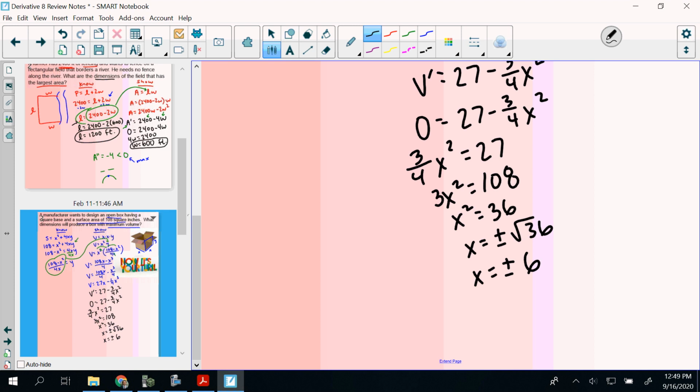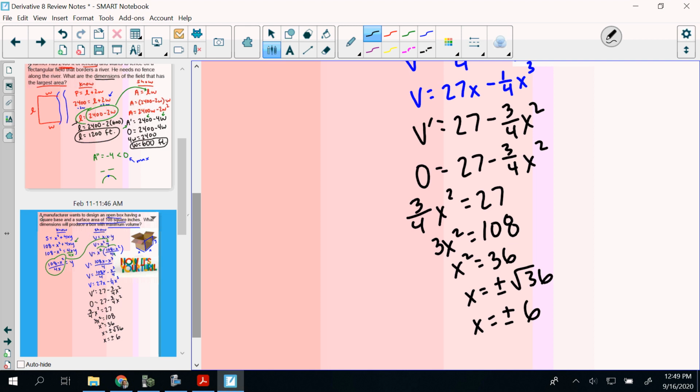So which one's the answer? Well, if we're talking physical box here, we know it's got to be the positive answer, but negative 6 could also be a possible answer. When doing this one, again, you could check with second derivative just to make sure that we're doing the right one with the maximum here. Let's find the second derivative. So I'm looking here at the first derivative, second derivative, derivative of 27 is 0. Derivative of the other one's going to be negative 6/4 x. So if we find second derivative at positive 6 here,